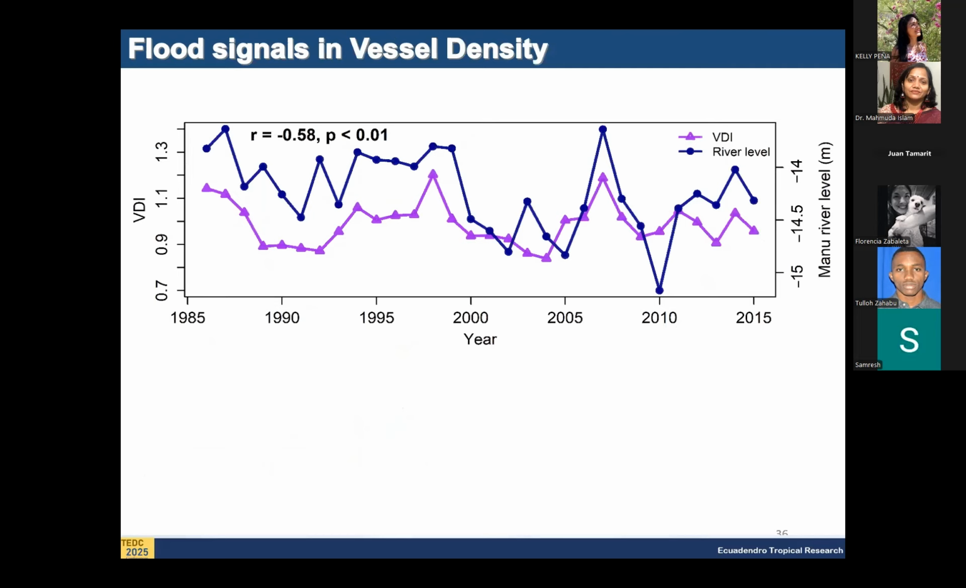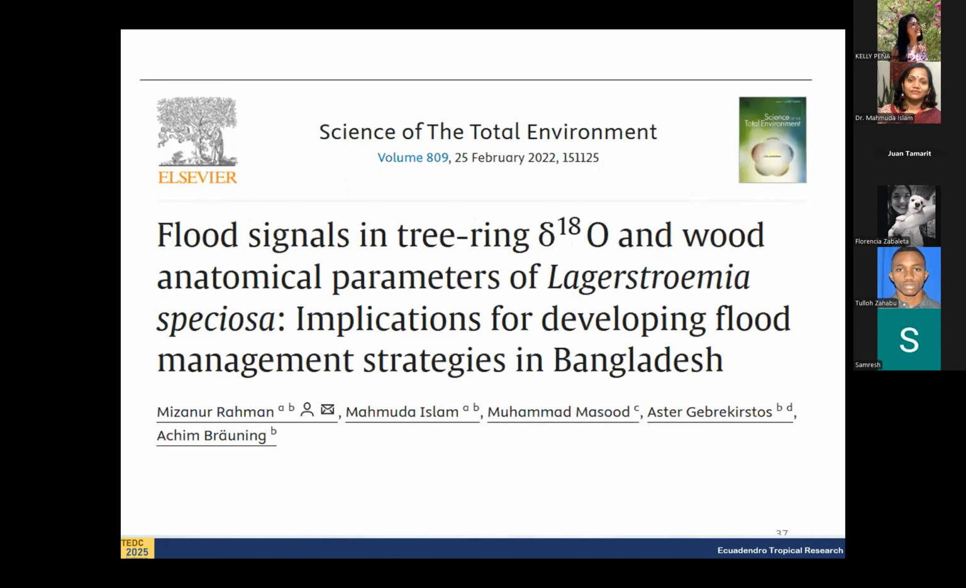And these flood signals also match with the river water level. Near one forest site, the Monu river level correlates with vessel density. This flood signal you can also see in one of our papers. There is a flood signal in cellular wood anatomical parameters in